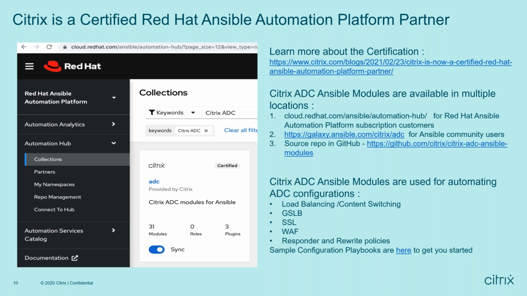So the first one is Citrix is now a certified Red Hat Ansible automation platform partner. So this is very big news to any Ansible users over here. For those who are new to Ansible, Ansible is an open source automation tool provided by Red Hat, right? And using Citrix ADC Ansible modules, you can automate ADC configurations for different features like load balancing, content switching, GSLB,